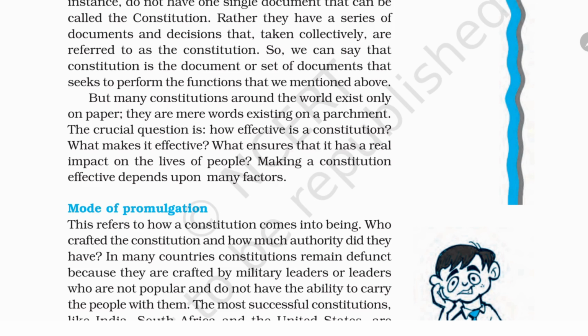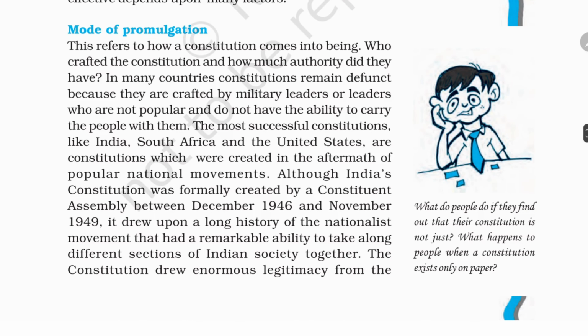Making a constitution effective depends on many factors. Mode of promulgation. This refers to how a constitution came into being, who crafted the constitution, and how much authority they had. In many countries, constitutions remain defunct because they are crafted by military leaders or leaders who are not popular and do not have the ability to carry the people with them. The most successful constitutions like India, South Africa, and the United States are constitutions which were created in the aftermath of popular